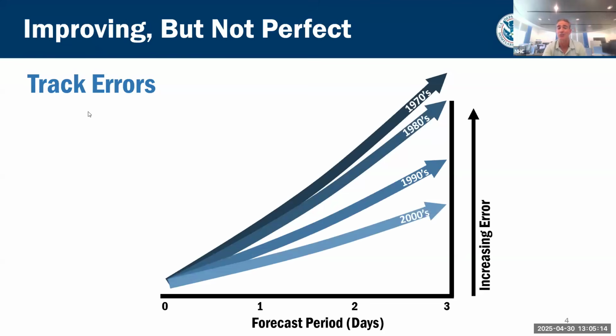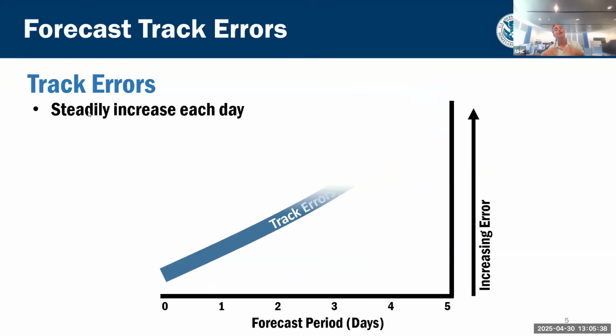In the 90s, they dropped some more. That progress continued through the 2000s and 2010s. And although not plotted here, the errors in the 2020s are even lower than that. So certainly today, the Hurricane Center is much more accurate than we were 10, 20, 30 years ago. In fact, if you're interested in statistics, we can point you to some resources. Our errors today are about half the size of what they were about 15 or 20 years ago. So a lot of progress has been made.